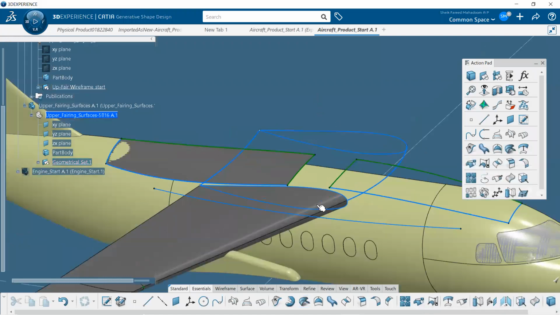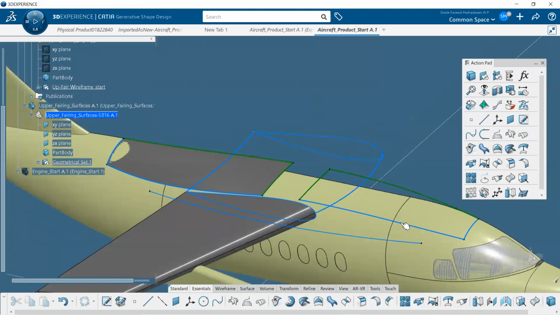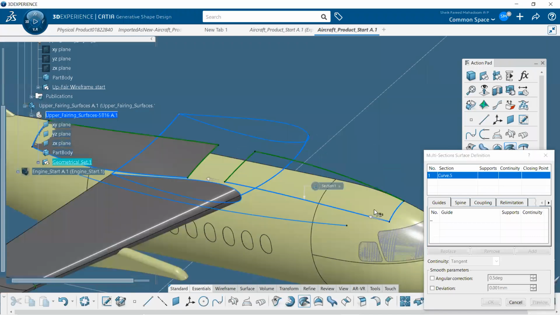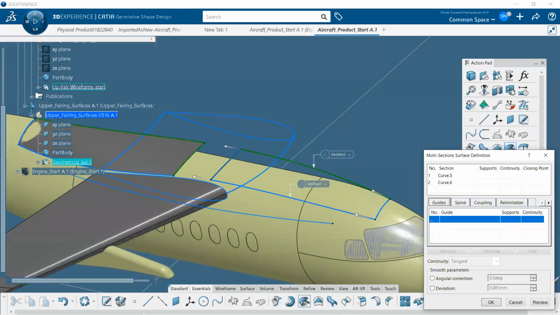Second thing, same kind of display. We have to create another surface over here using the multi-section. Same, just select this side and this side, and for the guides select this side and this side. Make sure the directions are on the same side and click OK.